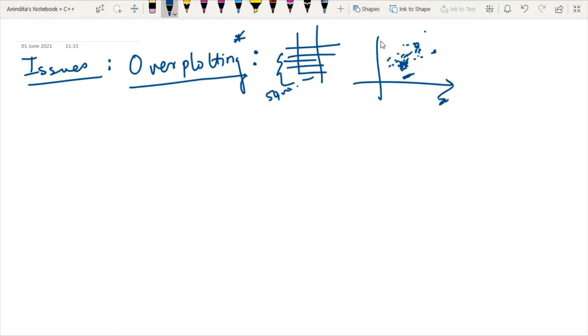At this point of time, it is very difficult to find out the relationship between the independent variable and dependent variable. And whenever your data points are densely packed in the plot, it is very difficult to state what kind of relationship they are holding. So as a result, what are the remedies for this overplotting? There are a few common ways by which we can alleviate this issue.